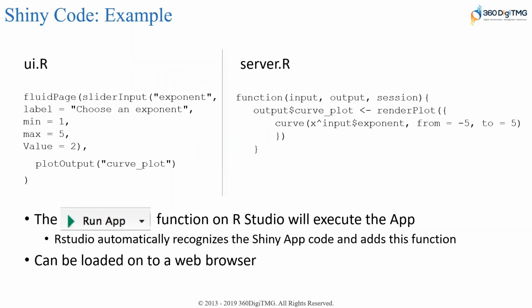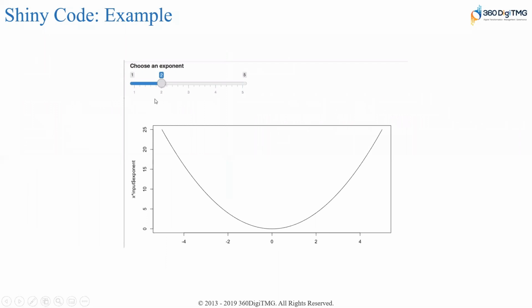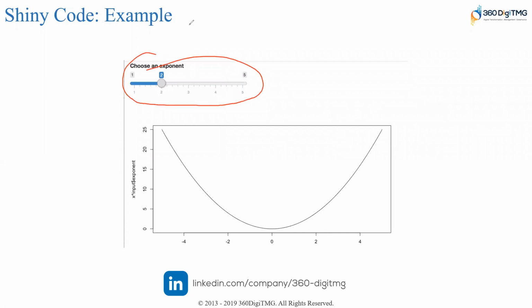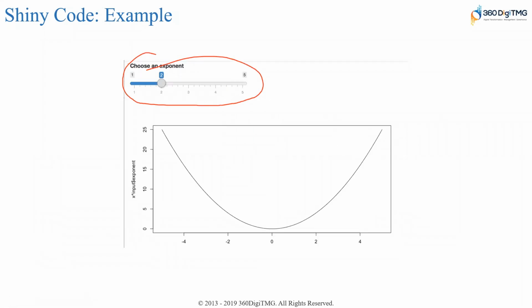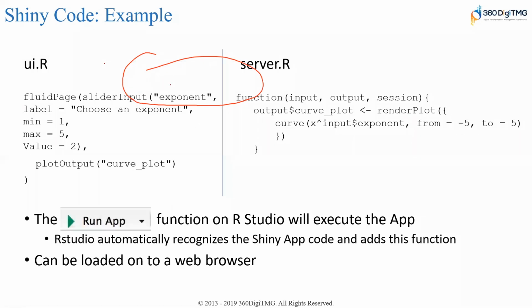And this is your code. This is the example code, and you can see it is very, very small logic. Remember the syntax, it all starts with fluidPage. Within that, I'm saying the input that I have to pass is a slider input. That is this widget. It is predefined. I'm saying, use this slider bar, giving the name as exponent and a label, "choose an exponent". If I go back, you can see this is "choose an exponent", and this is the input.